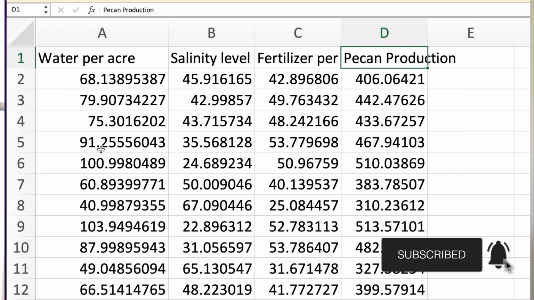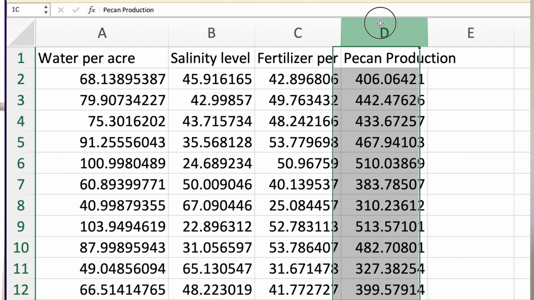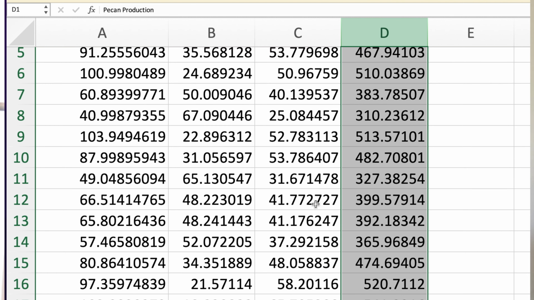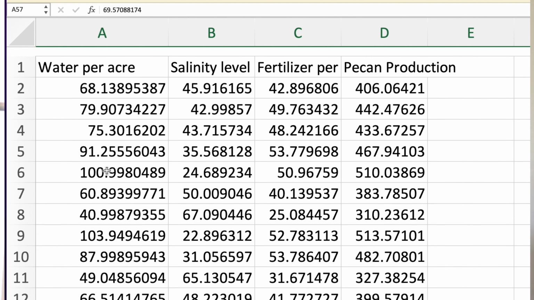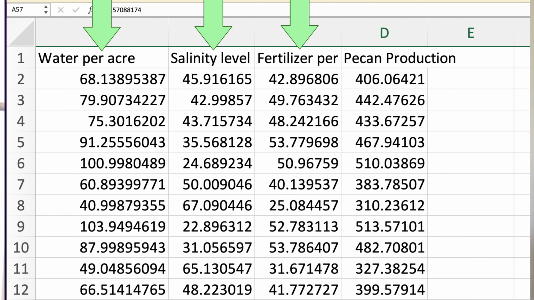The CSV file contains 4 columns. The last column is the dependent variable, which is pecan production, that is the harvest of pecan per unit land. The other 3 columns are independent variables: water per acre, salinity level, and fertilizer per acre. Again, the pecan production is the dependent variable, which is dependent on the independent variables: water per acre, salinity level,